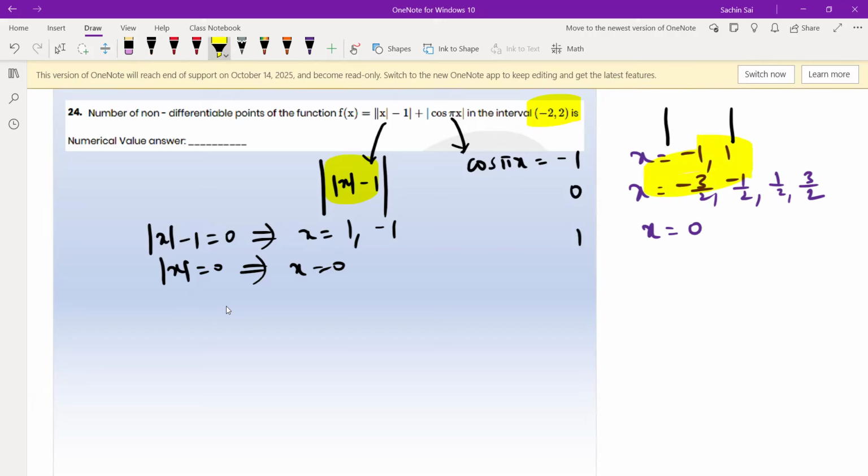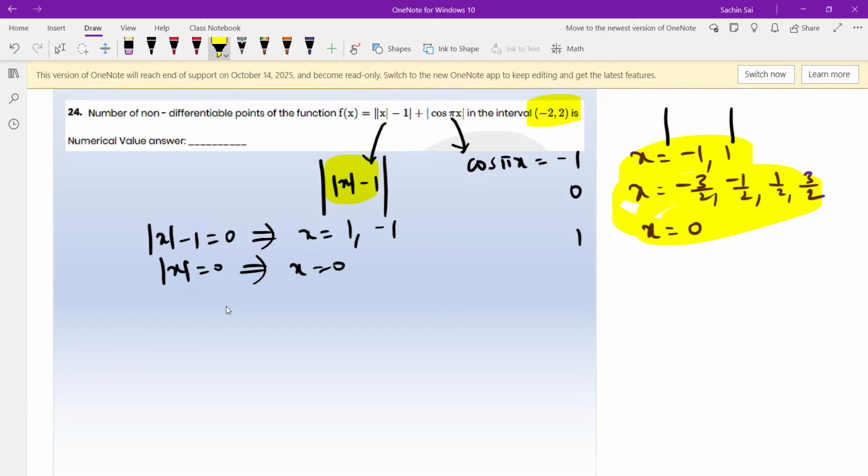All these values of x must lie in the interval -2 to 2, and you're checking for cos pi x, right? So based on this, what are all the different points where the definition of the function may change? So there are 7 such points, and sometimes it is useful to check at each and every one of those points, right? So the answer, there are up to 7 points where the function may not be differentiable, but you